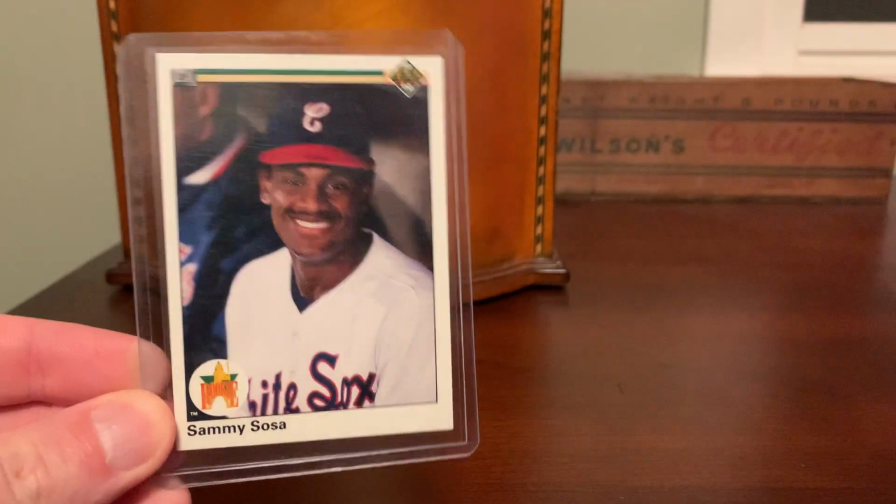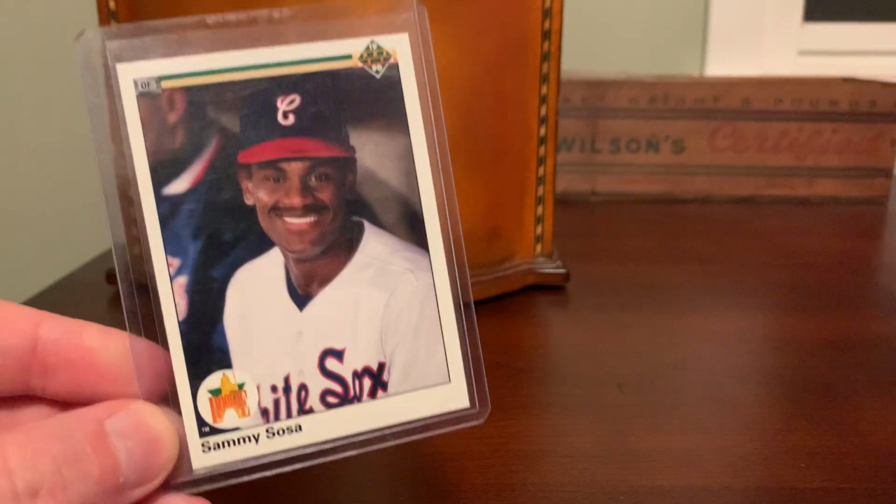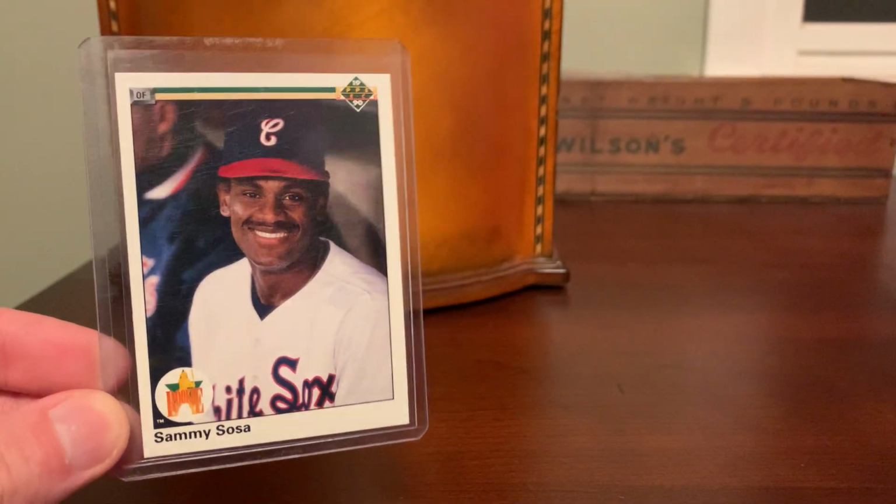not expensive, but I think significant Connor McDavid card. I'm not going to show that one off right now. I have a separate video planned for that card, but the cards that came along with it were interesting. So first and foremost, seller tossed in this 1990 Upper Deck Slammin' Sammy Sosa card that, back in 1990 was